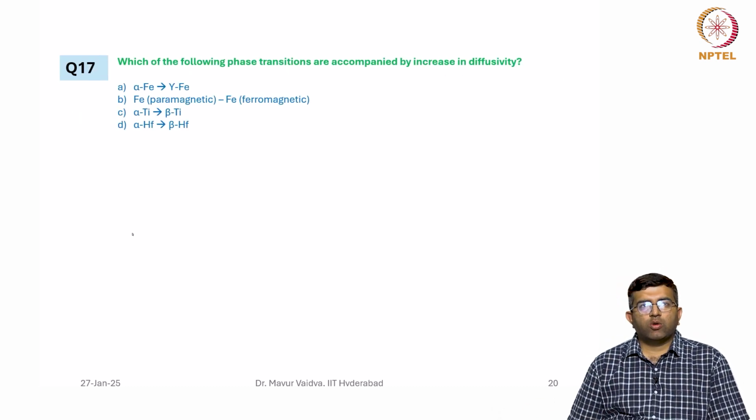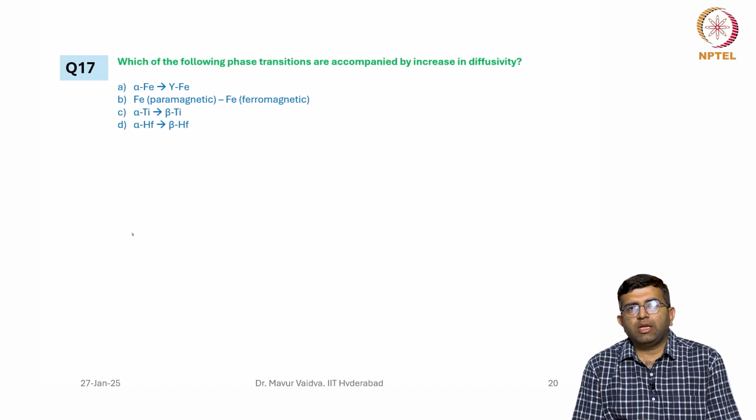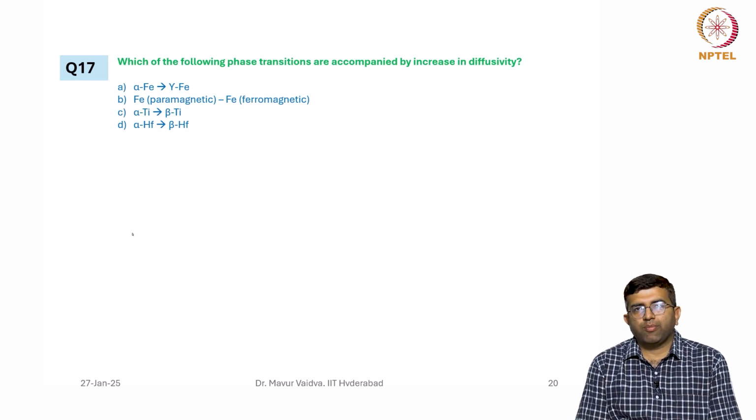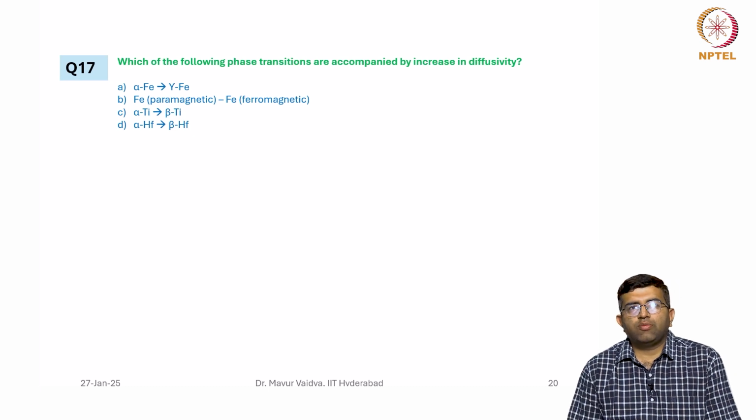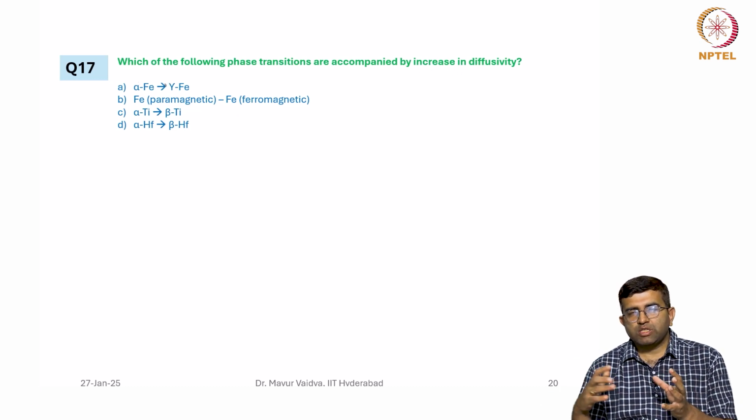So, the last question of the tutorial: which of the following phase transitions are accompanied by increase in diffusivity? Alpha iron to gamma iron, that is a BCC changing to FCC. BCC changing to FCC is usually